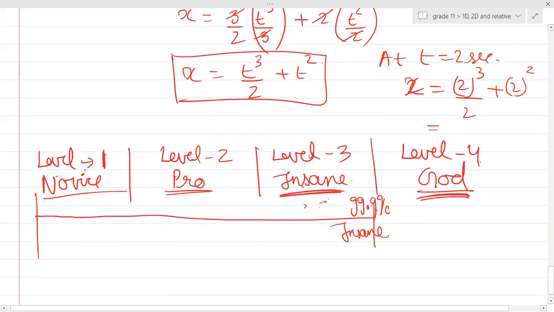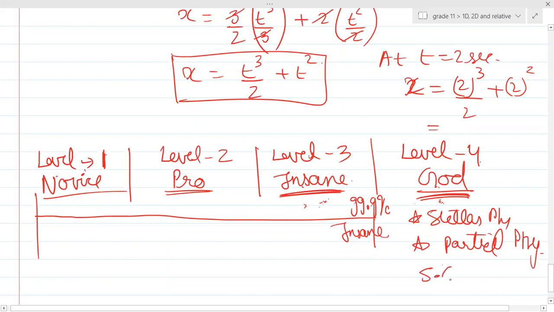You ask me any topic, at least whatever you know till 12th grade. Even if you want to ask advanced stuff from the 12th grade syllabus, you can ask. Level 4 God level will contain different things. I'm working on it now. It will have stellar physics, particle physics, which is not part of your NCERT and all. Are you getting my point? So I have like 5.6 GB of college level books.